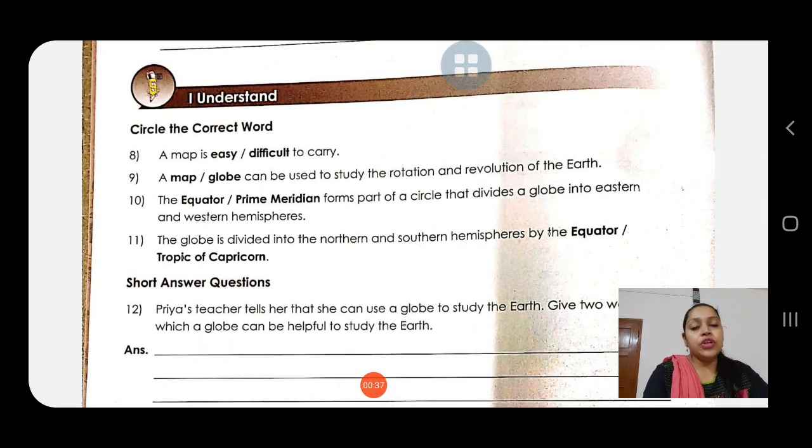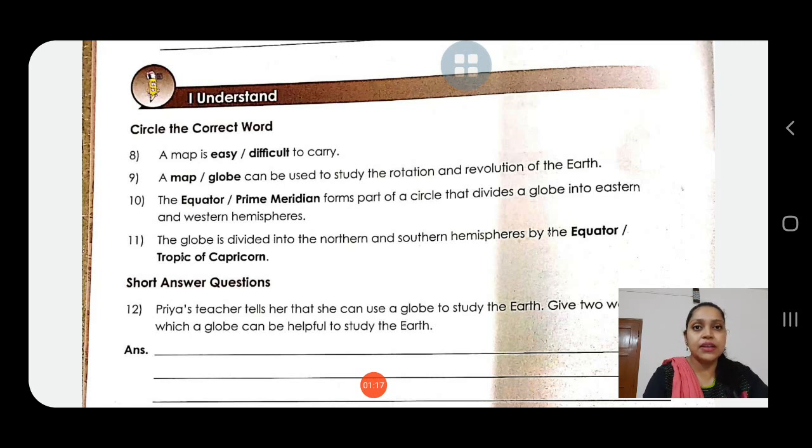Okay, now you need not write the answers now, children. I'll share the answers after the video, but I'll be explaining the questions, okay children? So you follow the questions, answers also I'll be explaining. Please take out your workbook, page number 2, because I have explained till question number 7. So let's start with circle the correct word. As I read the questions, you also read the questions along with me, and I will then tell you the correct answer. You also guess the correct answer, okay children?